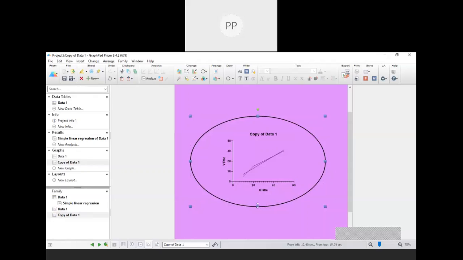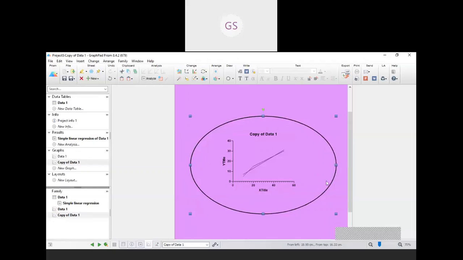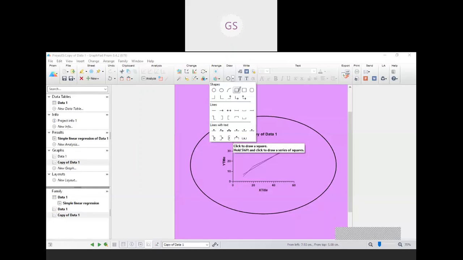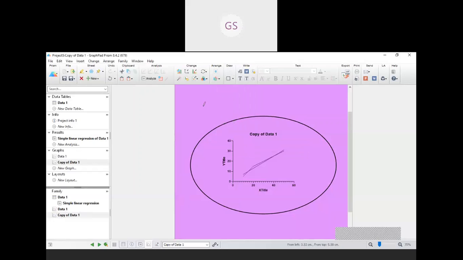So we can draw a circle. Okay. If I want a square, we can draw a square.